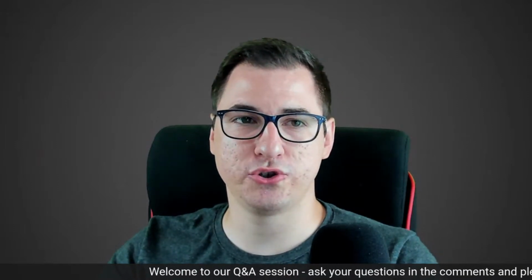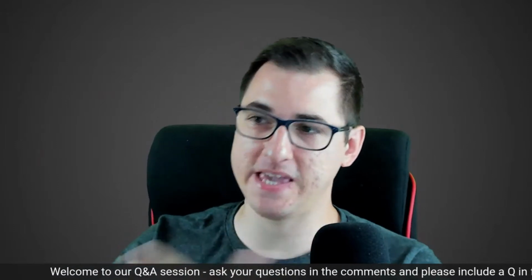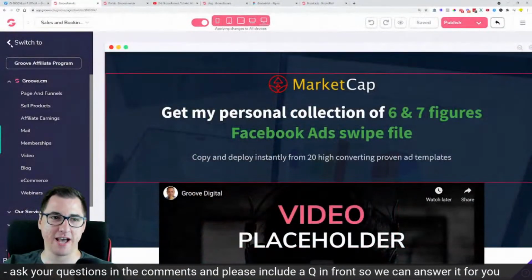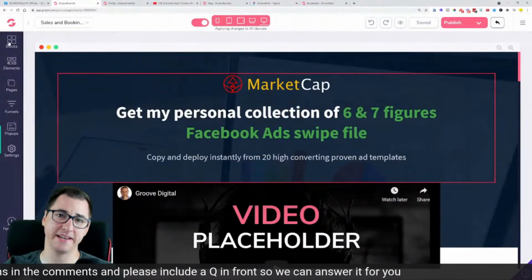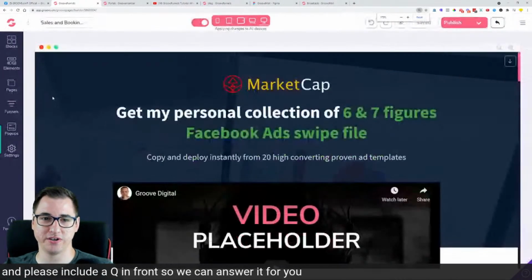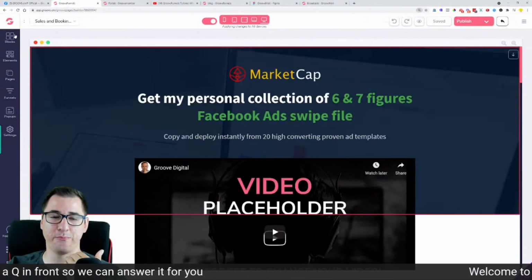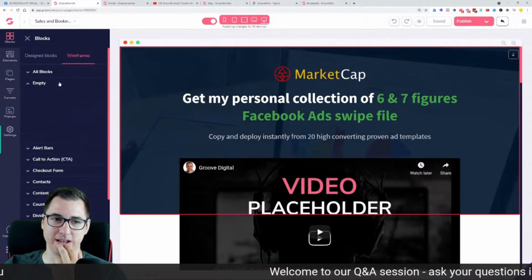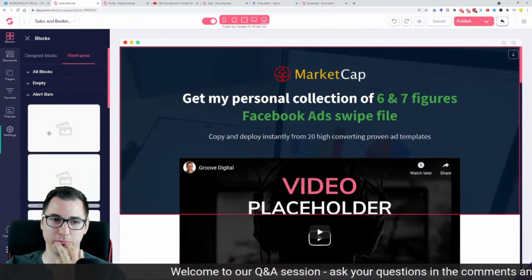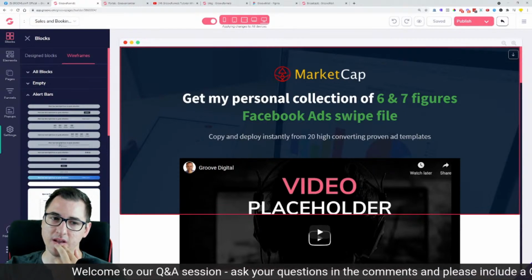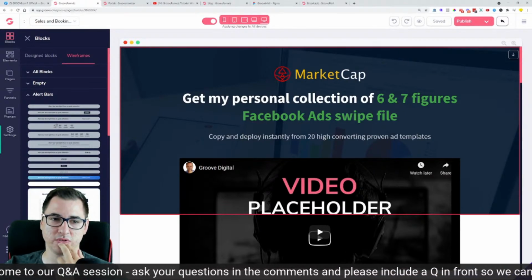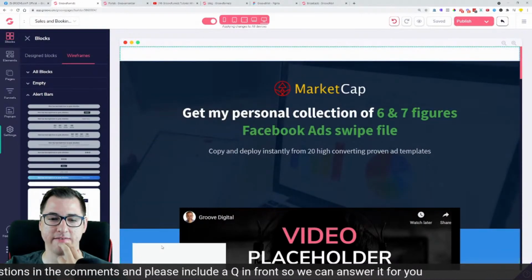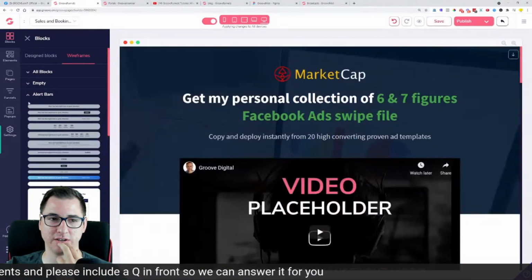Also, I wanted to show you some of the things that make me as a person very happy. Something that makes me very happy is something that I was complaining about since I joined Groove, and this is bringing in blocks to a page. Have a look at what we added now. Let's just use an alert bar. If you're pulling in blocks on the page, you now have a better system of managing the blocks.